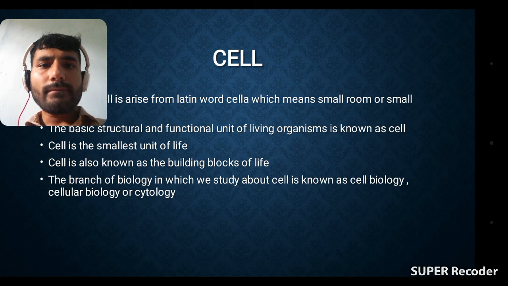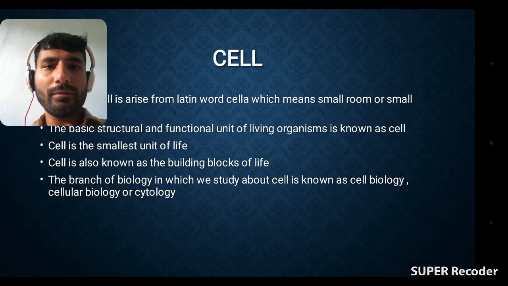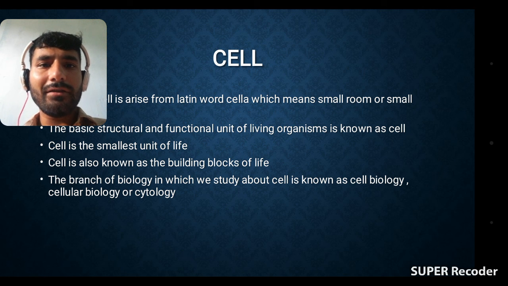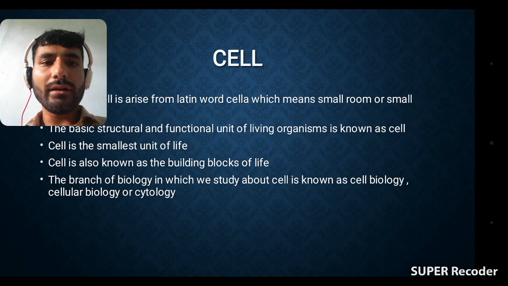Remember that everything, either living or non-living, is made up of small units. Those units combine and form a whole organism or whole thing. So that unit which combines and forms a living thing is known as cell. Cell is the smallest unit of living organism, also known as the smallest unit of life. What does it mean? It means that the smallest units like cells combine and form a whole living organism, and that is life.